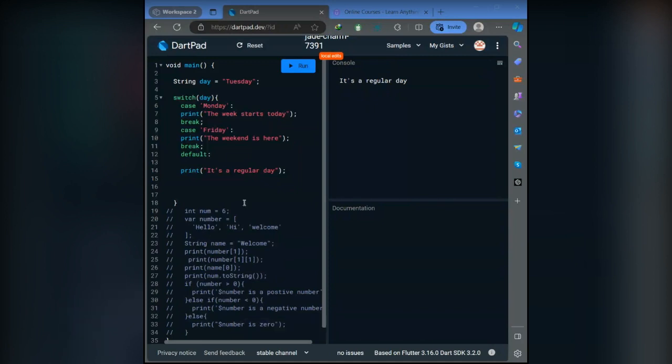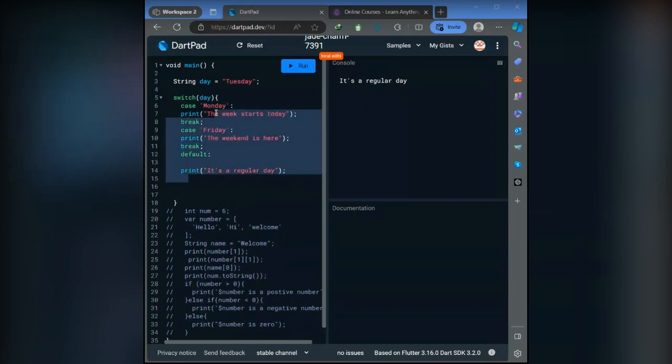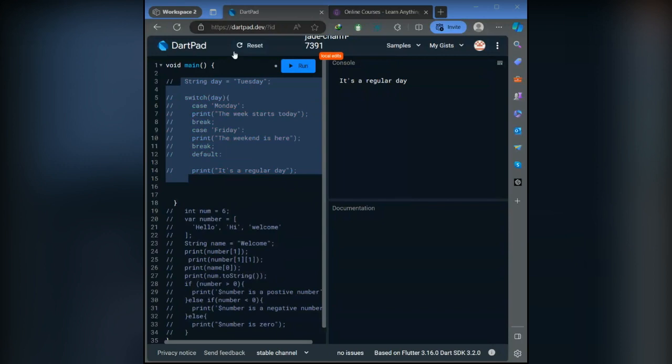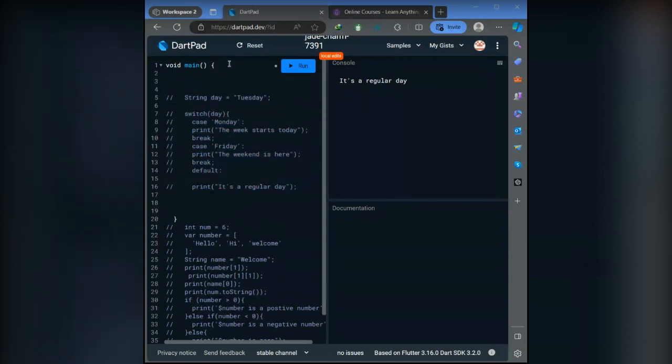Now, as we are done with this switch case, let's go now to what we call loop statements. Loop statements are what will help you to print multiple data in one go. Now, let's say for instance, I want to print